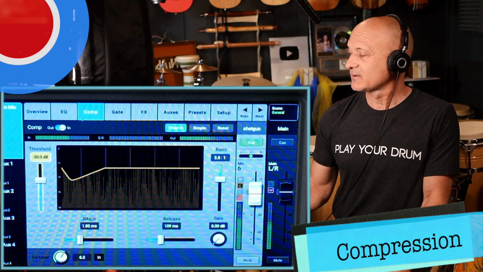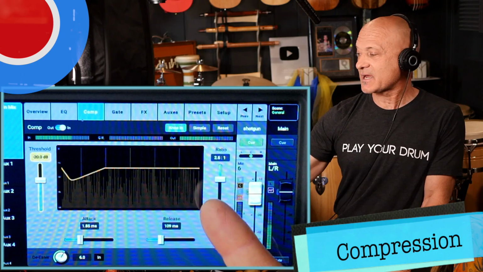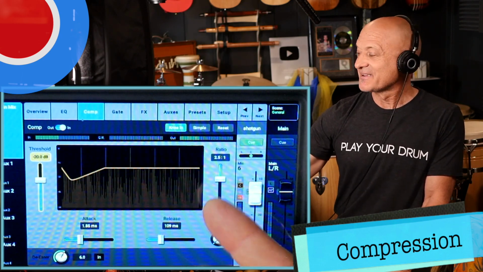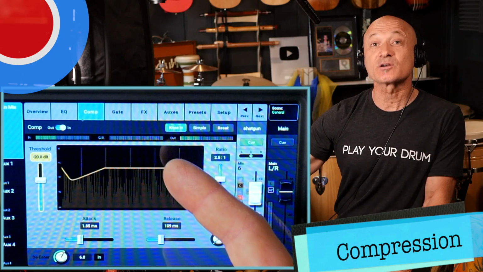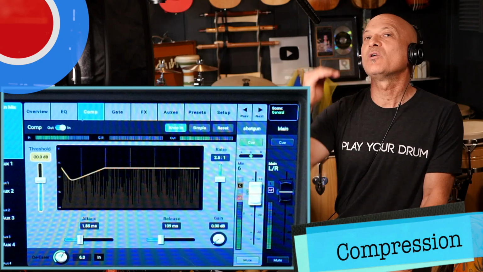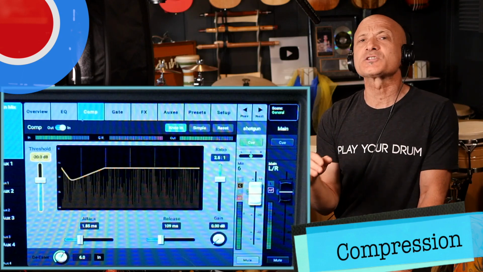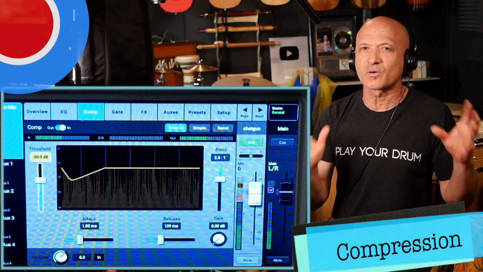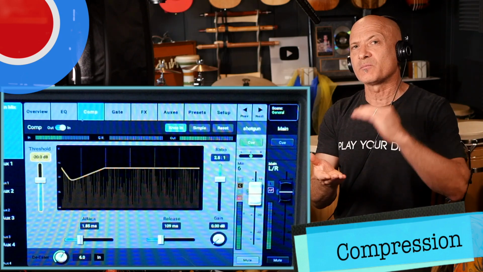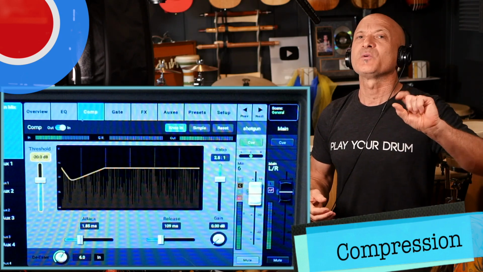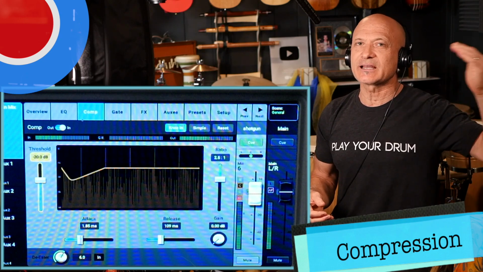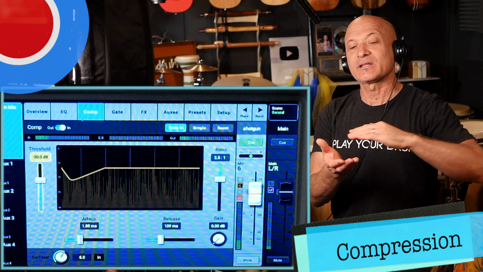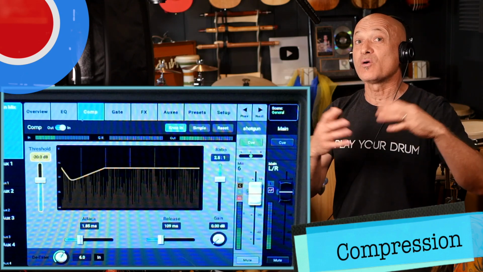There's minus 20. Now, if I make a loud sound, you see the compressor start to work. So anything over minus 20, and minus 20 is going to be kind of the lower end of your typical recording range, right? Maybe you want to go from minus 20 to minus 12 with your very loudest peaks hitting like minus 6, and now we're going to put a compressor on it